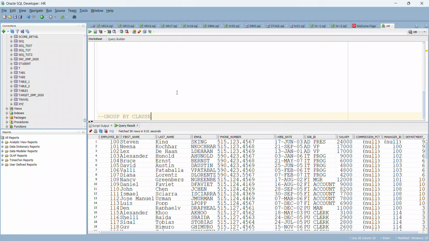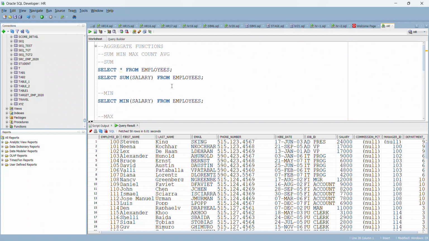In today's video, we are going to cover the group by clause. In the previous video, we have seen some aggregate functions like sum, min, max, count, and average. If you watched that video, while practicing on these aggregate functions, we performed operations on the entire table